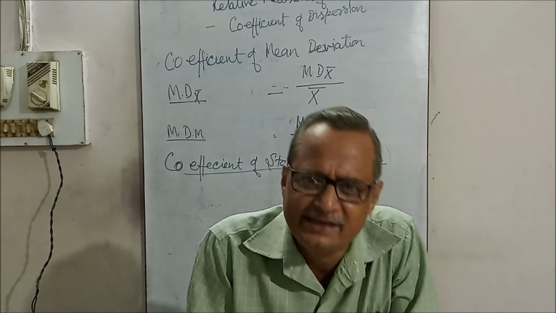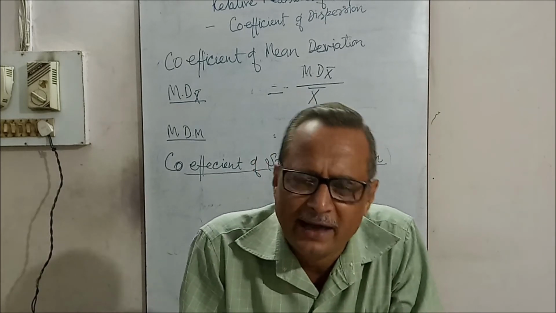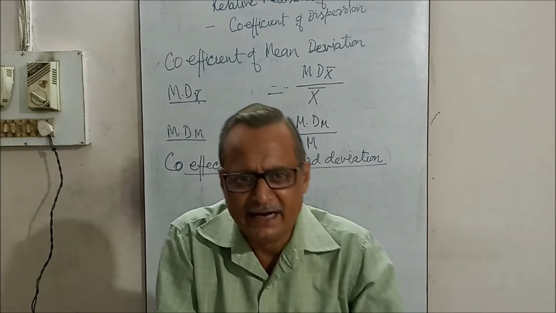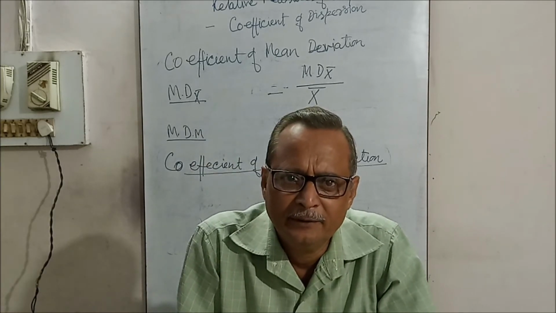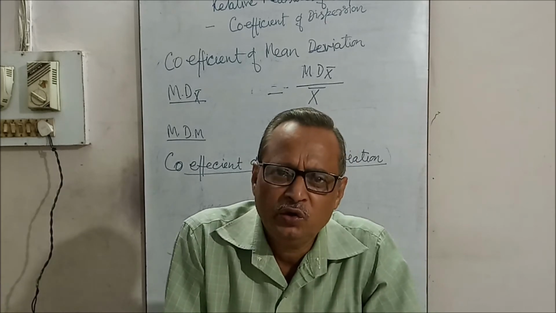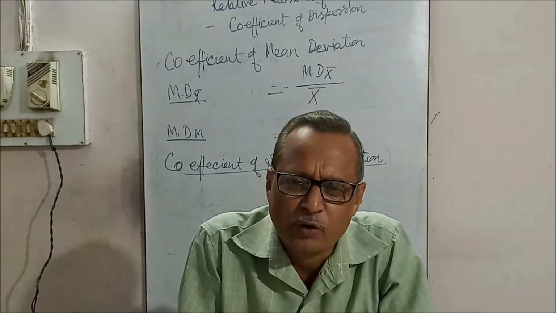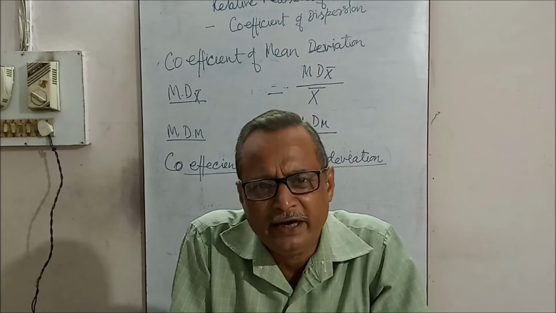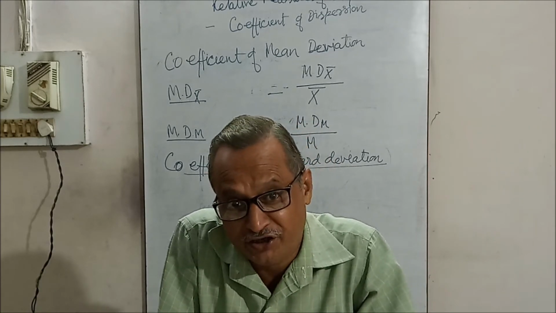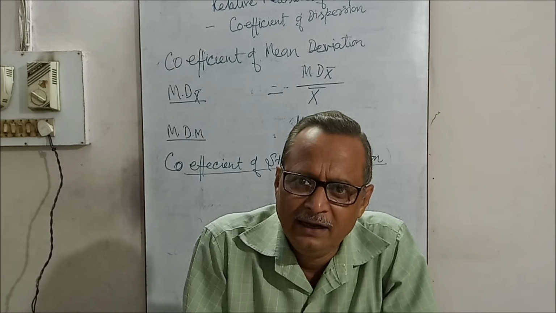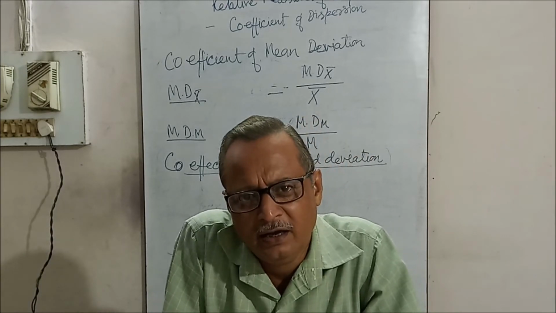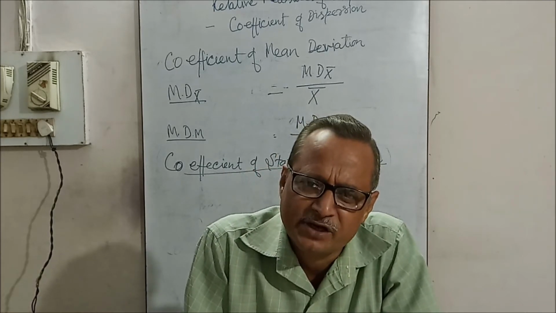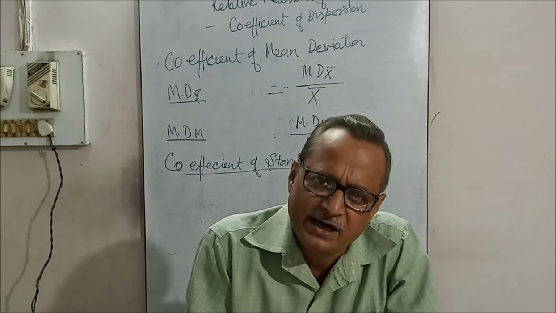Likewise, in the discrete series, you find dx square in the same manner as the average is calculated in the direct method, considering the frequencies also, and then dx square must be multiplied with the frequencies. You will get f dx square from the actual average, and you put in the formula: under root summation f dx square upon summation f or n. Same in the continuous series.